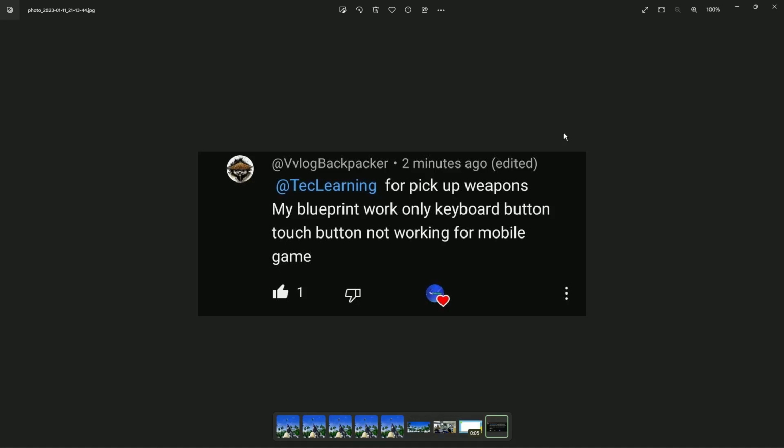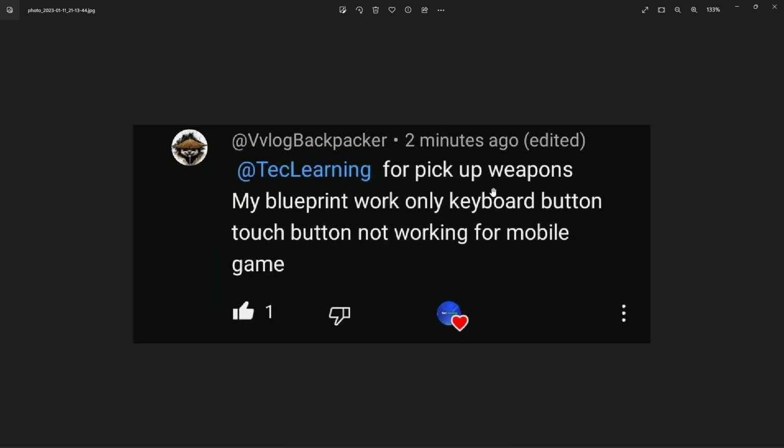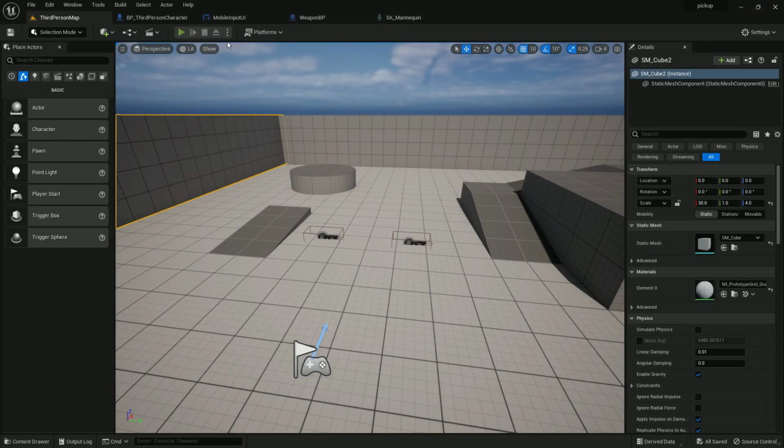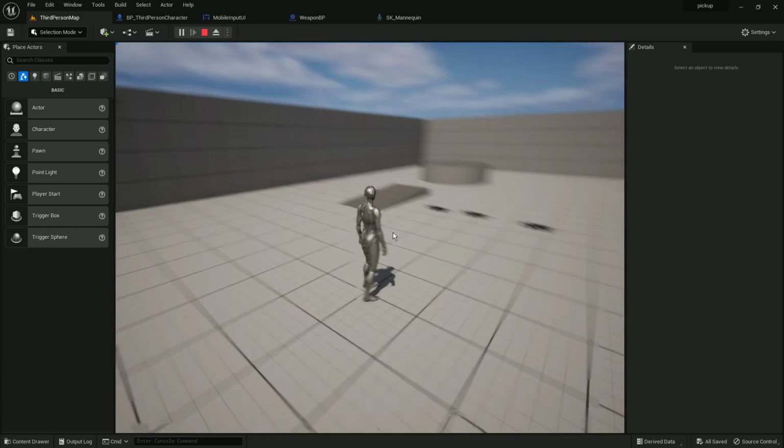So here's another request, and this is a simple request for pickup weapons. My blueprint is working only with the keyboard button, the touch button is not working for a mobile game. Okay, so basically what that means is he created a simple mechanism where when he presses the F